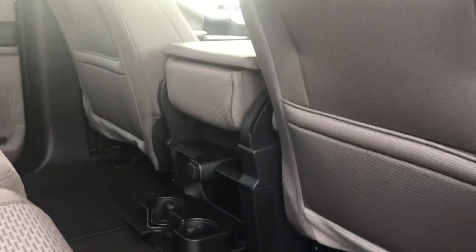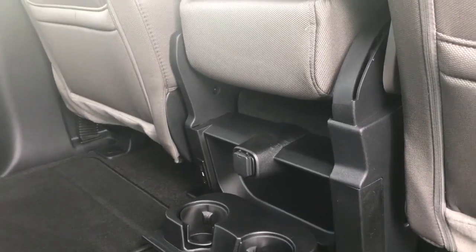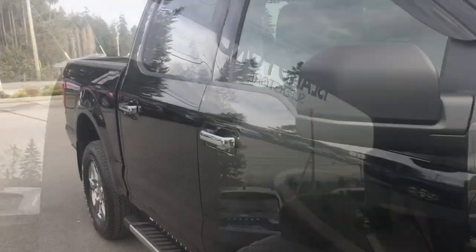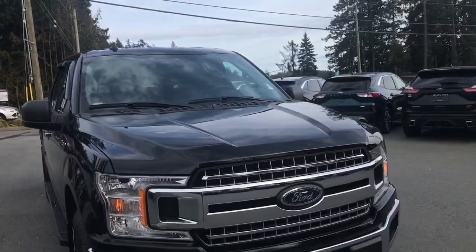Slim pockets on the back of the front seat. In the center, you have a 12 volt, couple of cup holders, and on the left-hand side, there's a couple of USB outlets. Grab handle in the body, hooks and lighting up above, and in the back, access to a big window. Mud flaps, 5.5-foot box, privacy glass in the back windows with window vents, powered side view mirrors, halogen